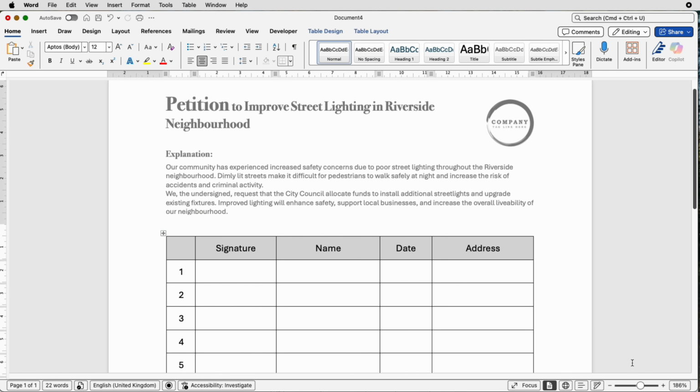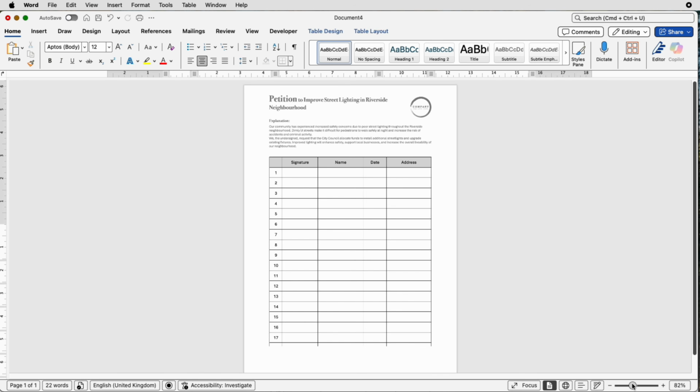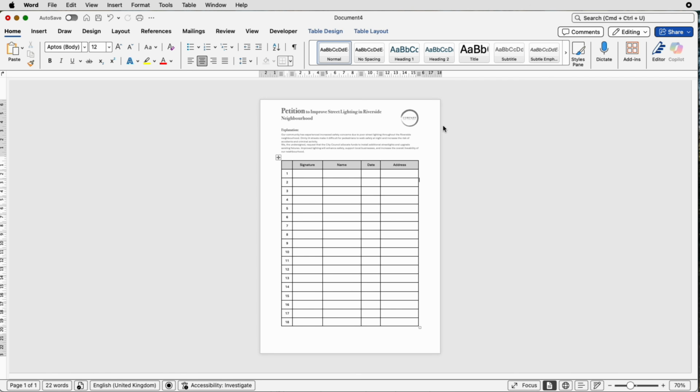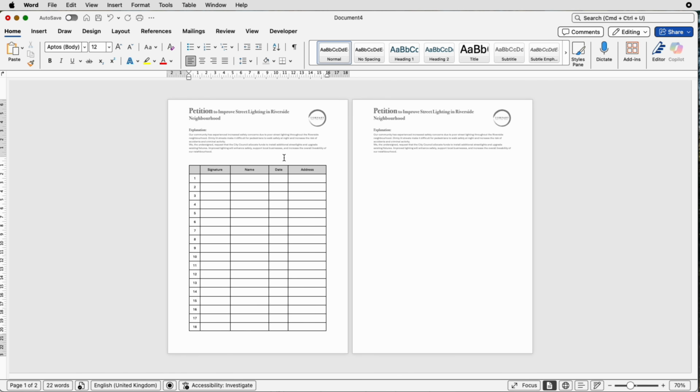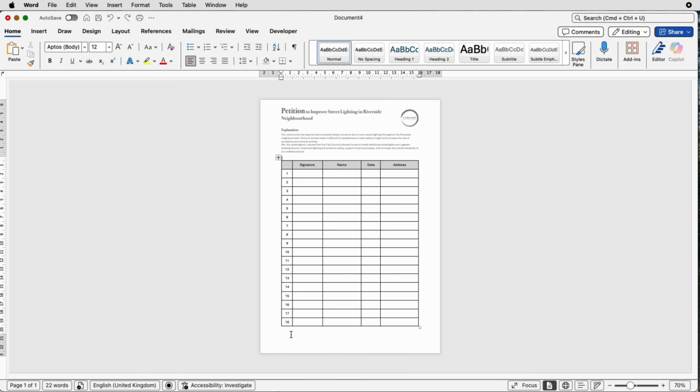Double click outside the box, outside the headers and footers, and then zoom out and check your design. So I'm just going to move my table down a little bit by clicking at the top here, using my return key. Now you can see I've made a separate page. I'm going to undo that process, but the gap at the bottom here is quite big. So once again, I'm going to go over to my rulers, down to my margins, click between the grey and white section and pull down,